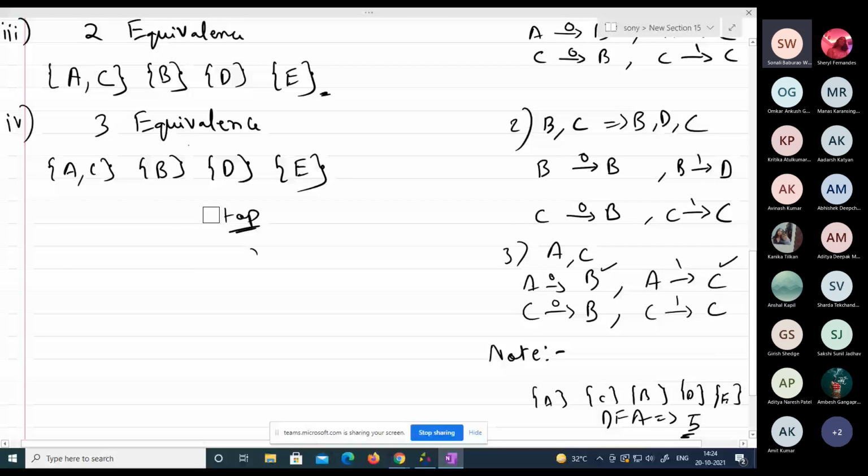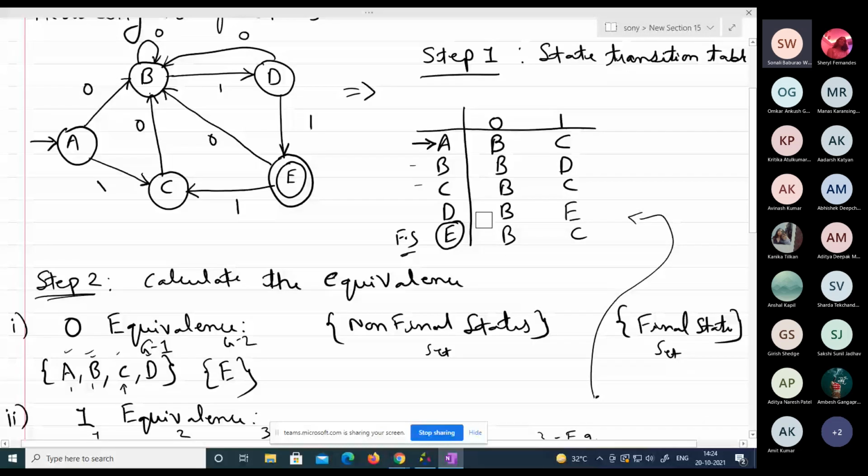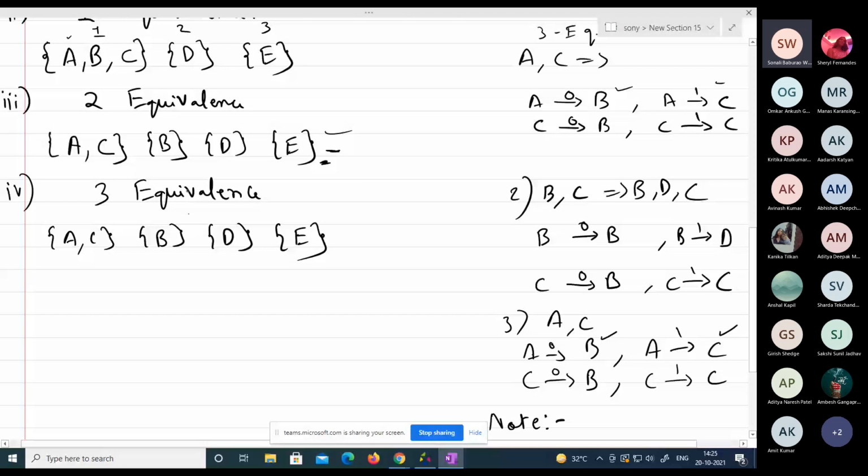You have to go on checking the values and computing the values until you reach the third equivalence. But most probably, in your third equivalence, you stop there, because eventually it gives you the final result. When you see that none of the values belong in the same group, instead of splitting that and taking it back to the original DFA, you stop there. You do not split that, and you write that value as it is in your third equivalence.